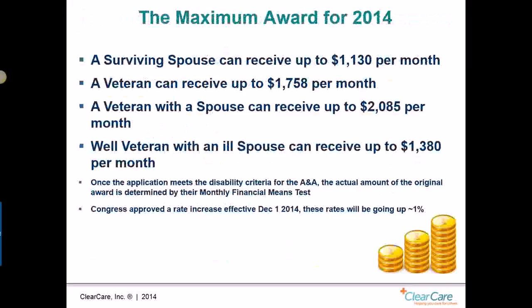The maximum award for 2014 is $1,130 a month for a surviving spouse, $1,758 for a veteran, $2,085 for a married veteran, and for a well veteran with an ill spouse, you know, the veteran's fine, but his wife is the one who needs home care, can receive up to $1,380